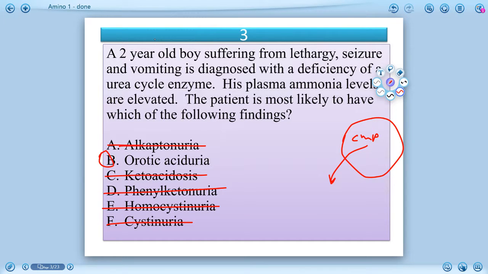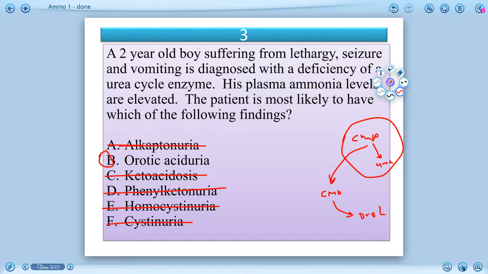There are 2 ways: you convert it to urea, which is the preferred pathway, or if it accumulates, it spills out of the mitochondria into the cytoplasm. In the cytoplasm, carbamoyl phosphate is combined with aspartate to make